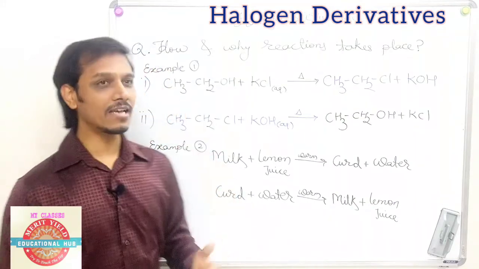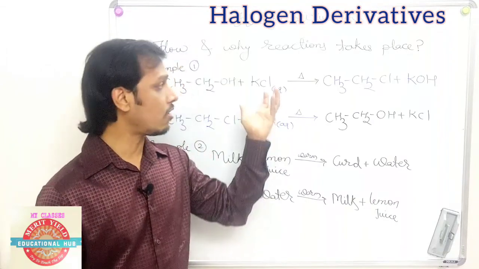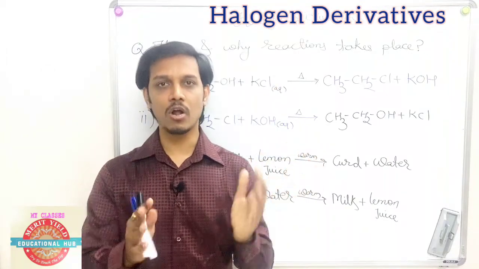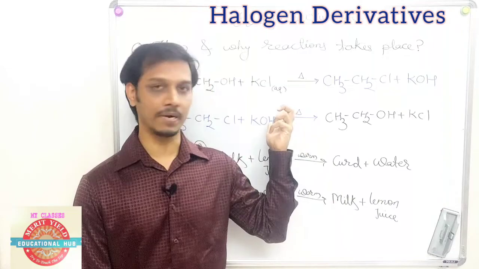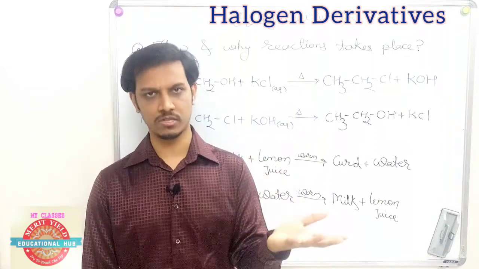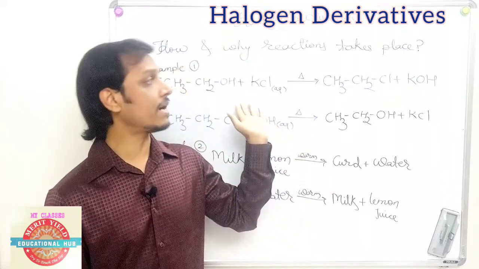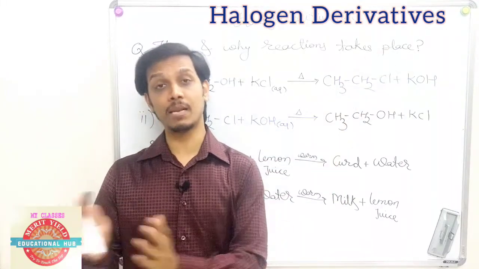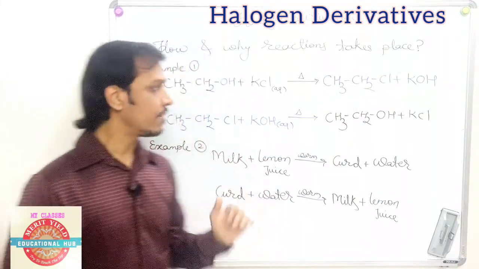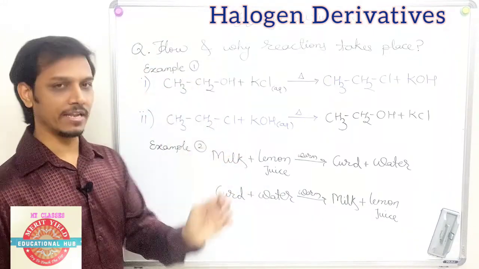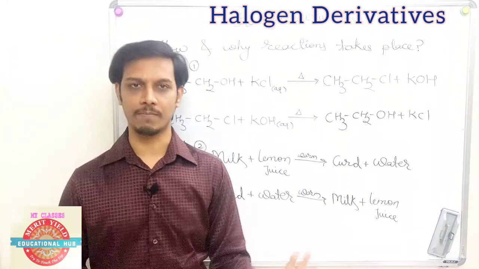We cannot answer because we do not have all the data. You do not have all the data required to answer that particular question. If you have, it's a very good thing, but I am just considering that you don't know the reactions, because this is the part we are going to understand in the chemical properties of halogen derivatives. So before understanding it, we'll take a general daily life example.